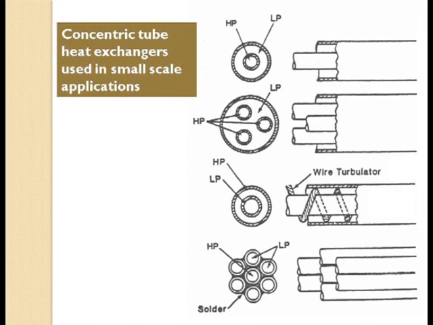Similarly, you can have the same thing as tube in tube, but there is a difference. You can put some wires here in helical form, so that the fluid flowing through this annular space, that means in this space, is guided by these wires, so that they make round and round and then go out. That way heat transfer can be enhanced because of this motion. By using this wire turbulator, this turbulence will be created over the fluid, and therefore Reynolds number will increase. Therefore heat transfer coefficient in the shell side or annular side will be increased. Okay, so this is improved